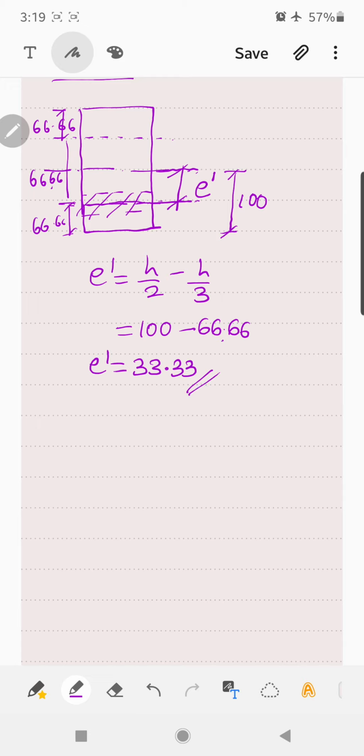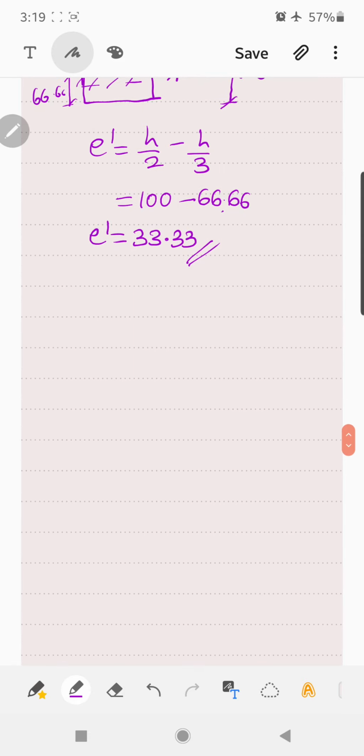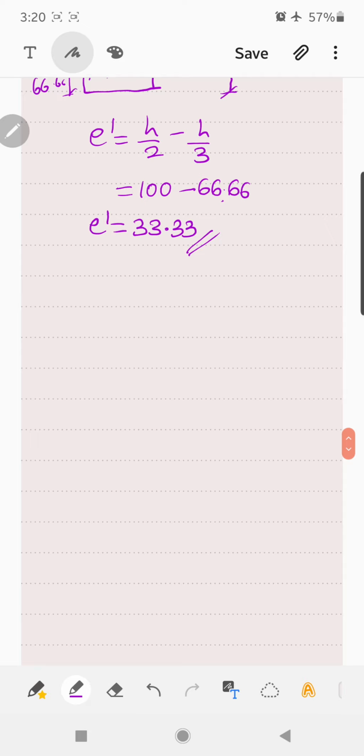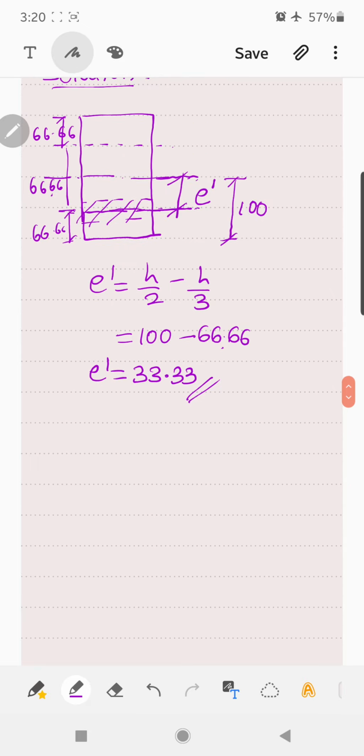This is not the eccentricity of the pre-stressing force, this is the eccentricity of the anchor plate with respect to the center of the section. Now we will calculate the stress. For that we can use the formula which I mentioned earlier, Fh is equal to P by Bh into bracket 1 plus 12 E dash by H dash whole square. Here E dash is 33.33 and H dash is the depth of the section. You can take the depth of the section, you will get the same value.